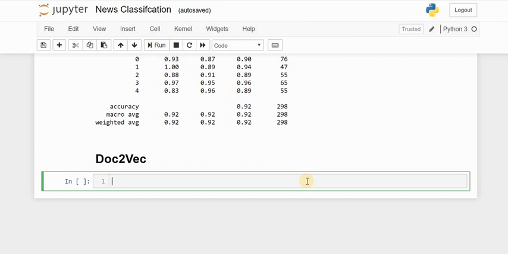So the objective of doc2vec is to create a numerical representation of sentences, paragraphs, articles, or documents. What doc2vec does is it computes a feature vector for every document. Suppose I want my sentence to be represented with a 300-length feature vector. Then each and every sentence will be represented with an array, or a list, consisting of 300 numerical values. I'll not go into much depth on this, but you should know this is trained with the help of a shallow neural network.